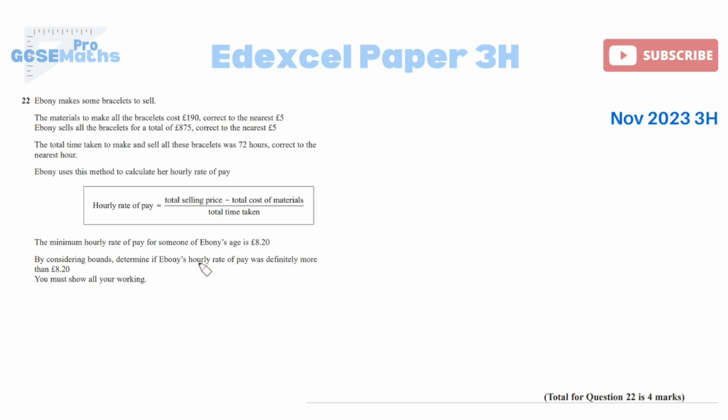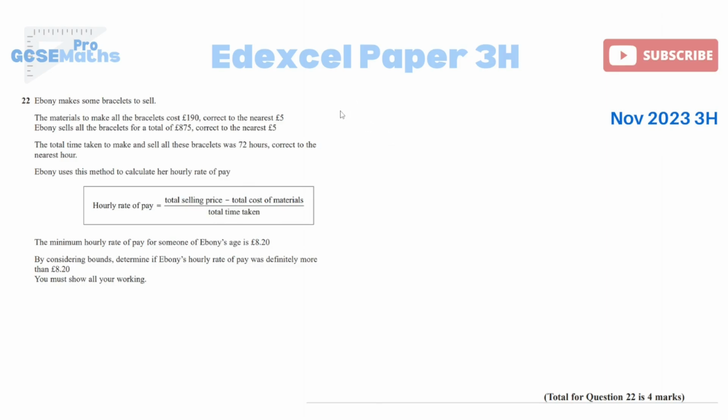So in this case, I'm going to consider the bounds right now, but I think we only need to work out one. Determine if Ebony's hourly rate of pay was definitely more than £8.20. If I worked out just the lower bound of her hourly pay, and that was still more than £8.20, then it's guaranteed that the upper bound is also even more than that, isn't it? Because obviously the upper bound is the bigger number. So I'm just going to work out the lower bound for Ebony's hourly rate of pay. So now I need to work out what combination of upper and lower bounds I need to